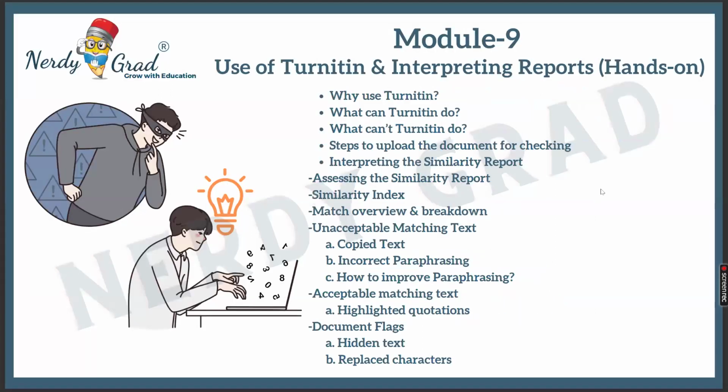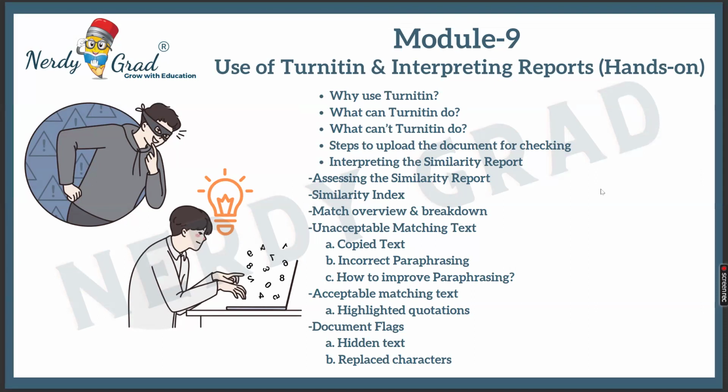In module 9, this is the hands-on training, which is the use of Turnitin and interpreting the plagiarism reports. So why we use Turnitin, what can Turnitin do, what can't Turnitin do, the steps to upload the document for checking, and interpreting the similarity report, that is assessing the similarity report, similarity index, match overview and breakdown, unaccepted matching text, and we'll also see the different highlights and all of that.